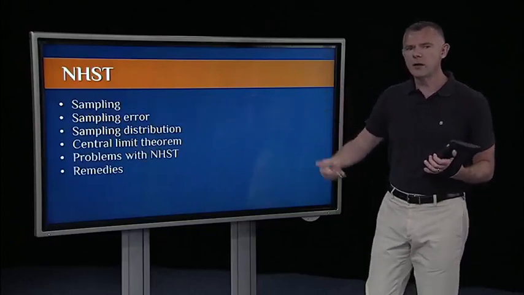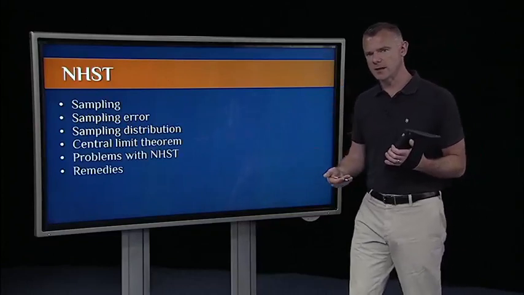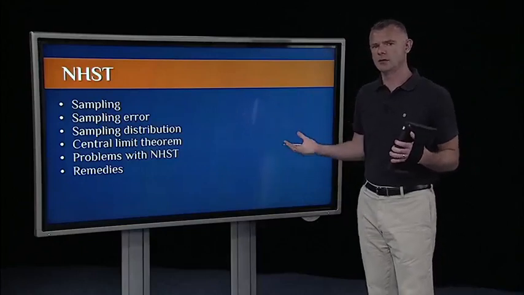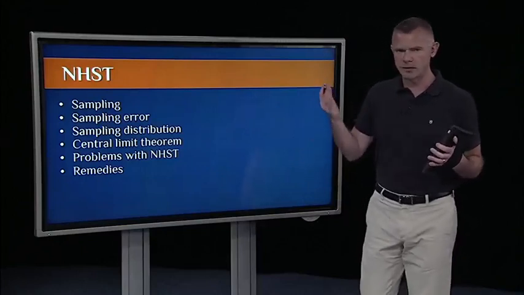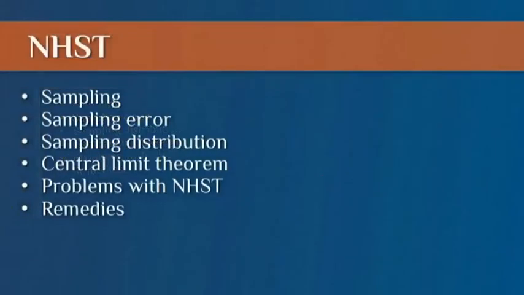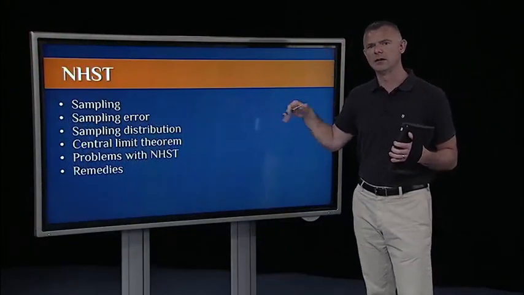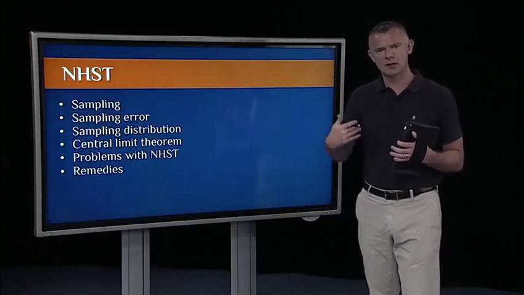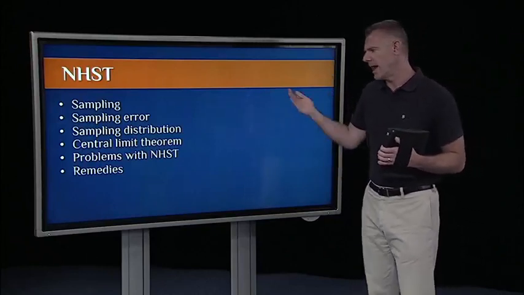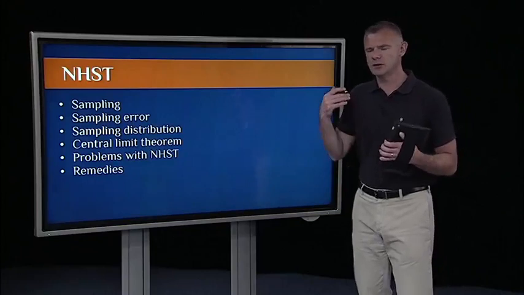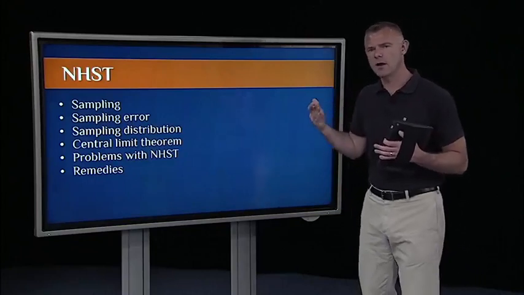But introducing inferential statistics and null hypothesis significance testing at that point in the semester brought up all of these other issues, right? So that's why this was a big chunk of the semester. We had to talk about the idea of random and representative sampling, the idea of sampling error, and this notion of sampling distributions, which is always one of the hardest things for students to wrap their heads around. So again, you might want to go back and review that part in particular. I used the example of the distribution of sample means, and how that leads to the central limit theorem,